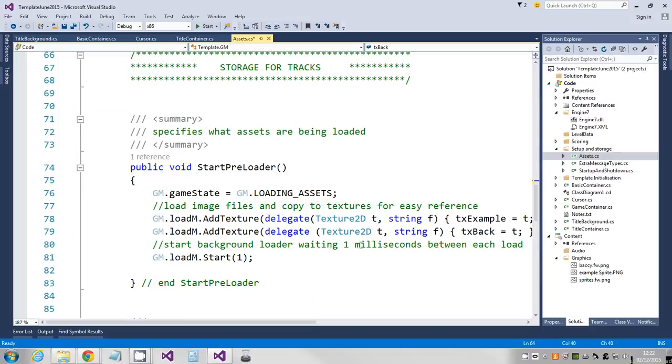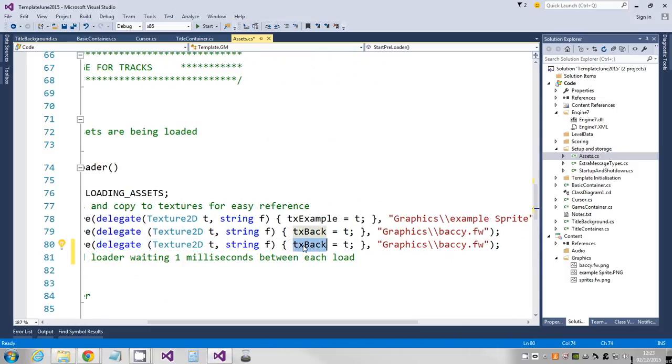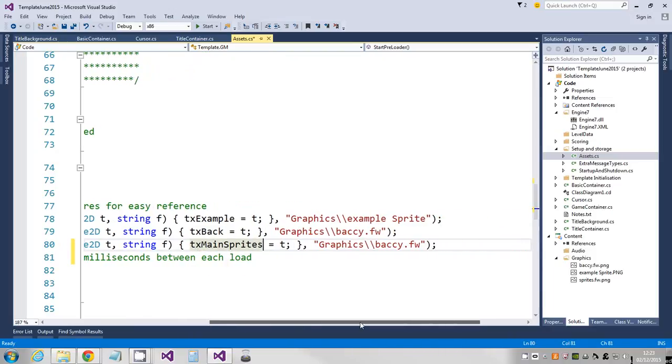And then the final bit is to ask the loading system to load it. So I'm just going to copy and paste one of these lines from that start preloader. I'll show you something else quickly in a sec as well to help you navigate. Leave all this bit the same, don't change that. You just need to change what texture to store it in. So TX, main sprites, and the file name. So everything other than the final extension. So it is